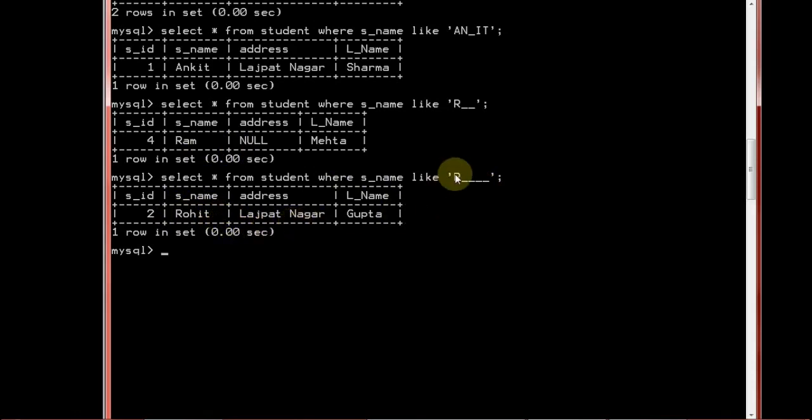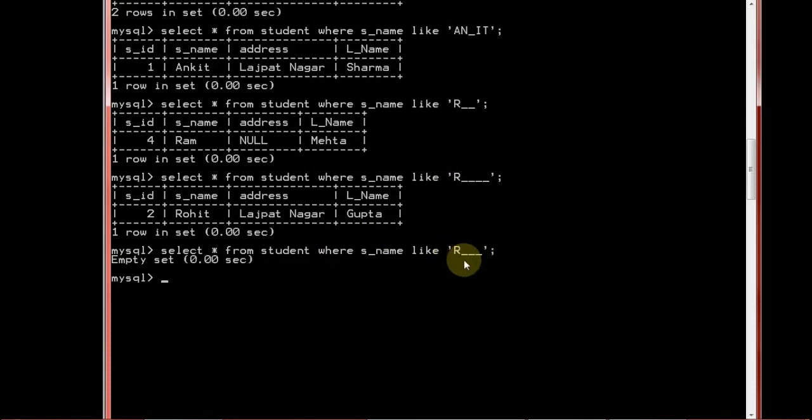Fine. So be careful because in this kind of scenario, what I have written over here, one student is going to write Ram and Rohit both. Why? Because they are assuming Ram will be covered over here, but the name Ram will not be covered because it is written with R plus exactly 4 characters. If we write 3, then we get an empty set because no such name is found that starts with R and has exactly 3 characters after the R. So this concept is very important, students.